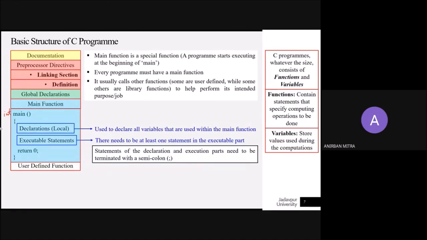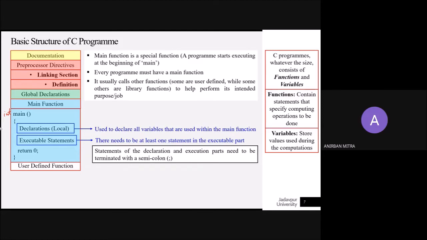Obviously, after the main function, as and when required, user-defined functions can be provided, and they perform specific tasks, and they are called up by the main function.